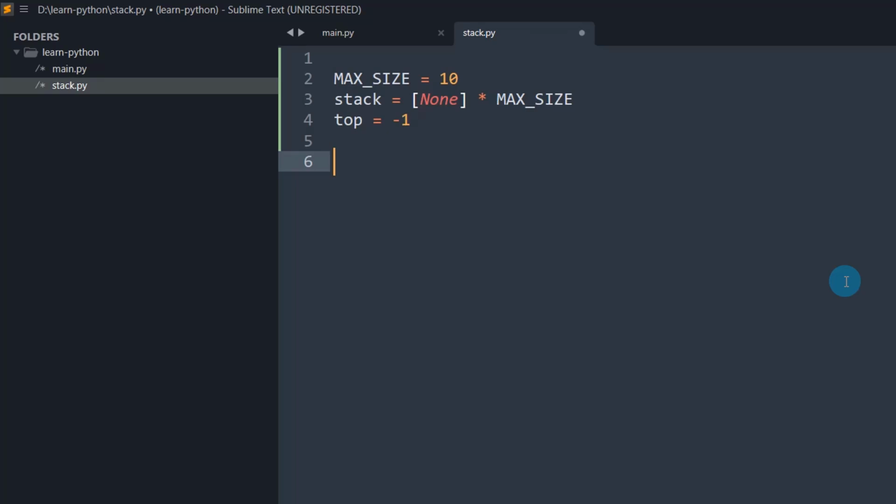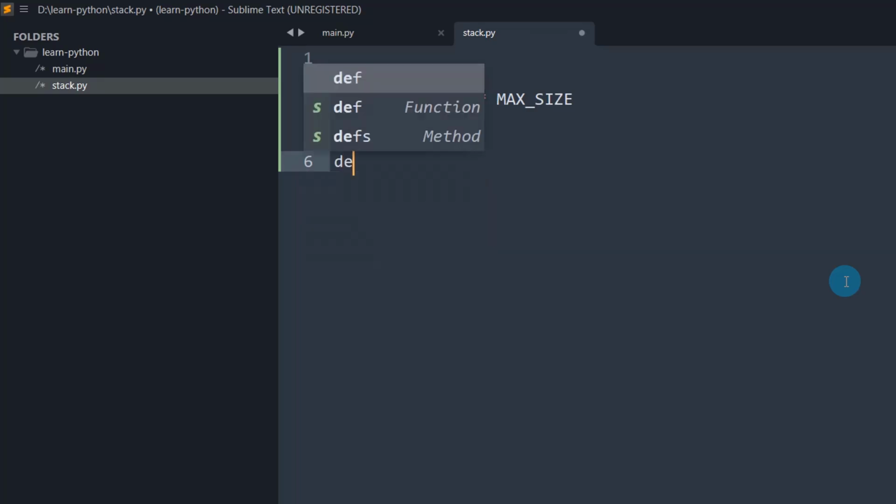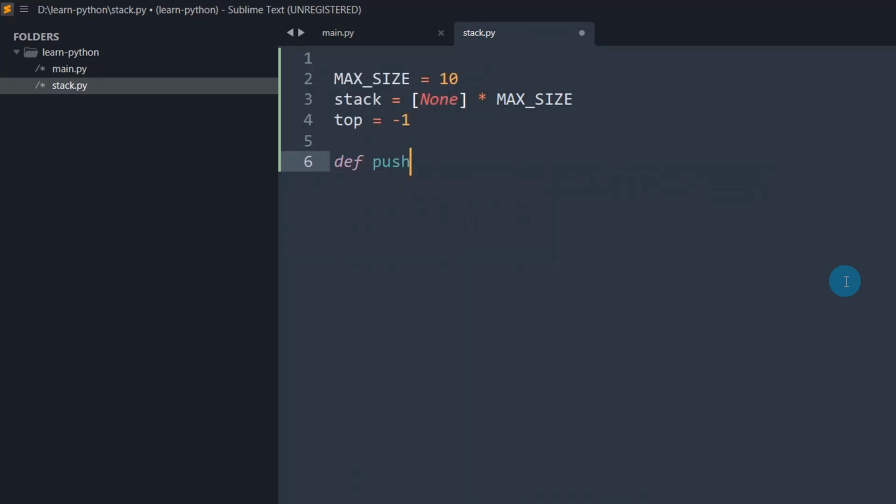So what are the basic operations in the stack? That is push and pop. Let's write functions for push and pop operations. When we do a push operation, this function will take some input argument. So what is that input argument? Assume we are going to store some numbers onto the stack.